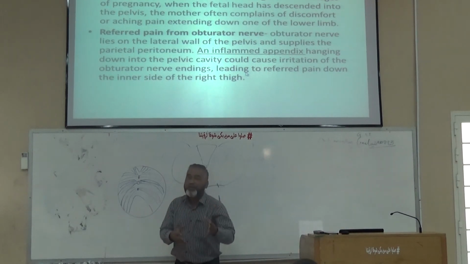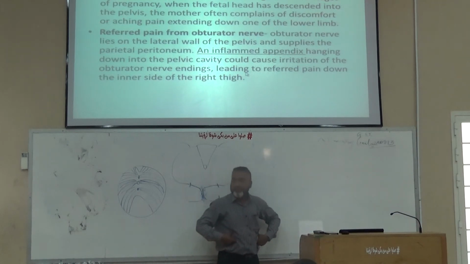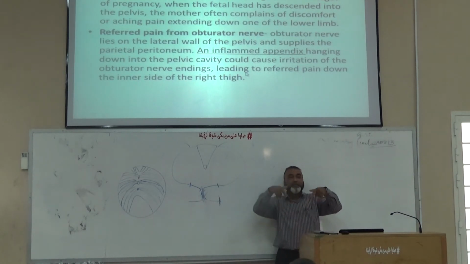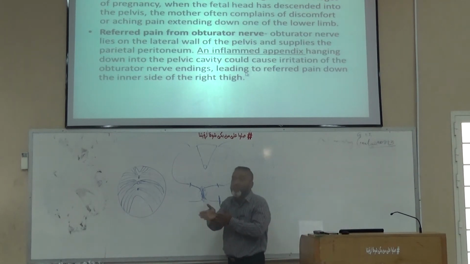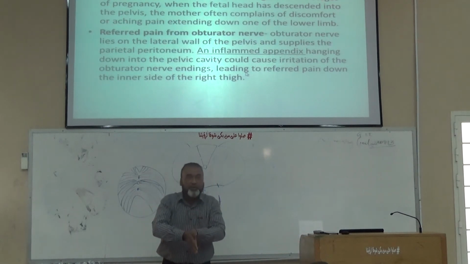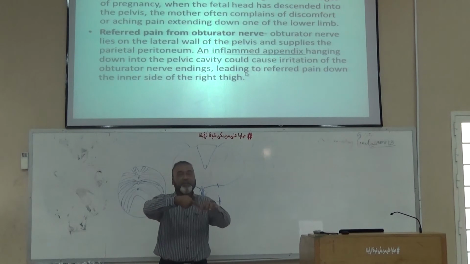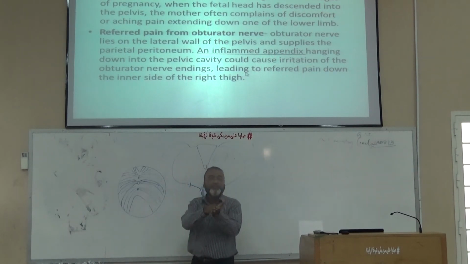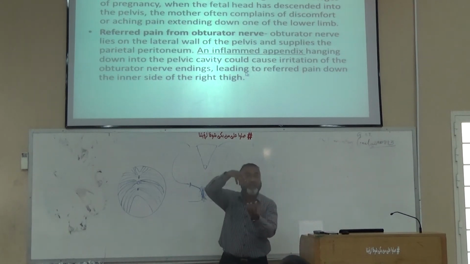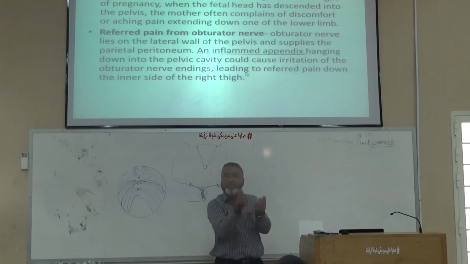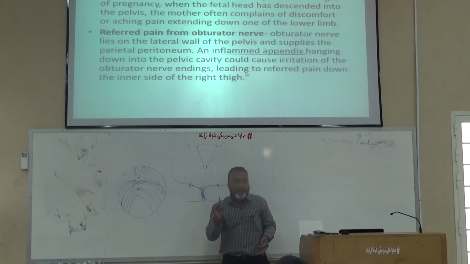Now there is another condition. You have done the obturator nerve with the lumbar plexus. I think you have done the obturator nerve. Anyhow, this obturator nerve enters into the pelvic cavity, and where does it go? It goes on the lateral wall from the obturator foramen. Now this obturator nerve is on both sides, right and left. On the right side there is a structure at the junction of the ileum with the colon. What is that? Ileocecal junction, and on its posterior medial side we have the appendix, vestigial structure.